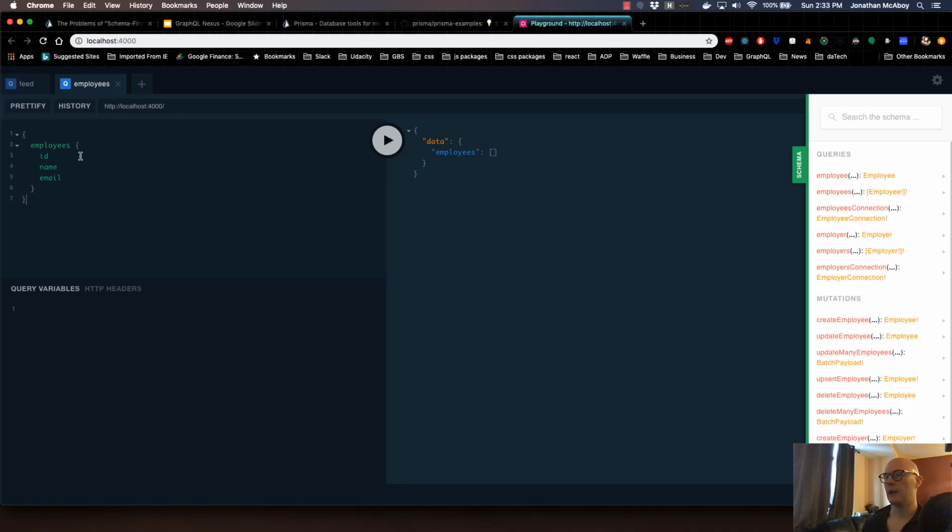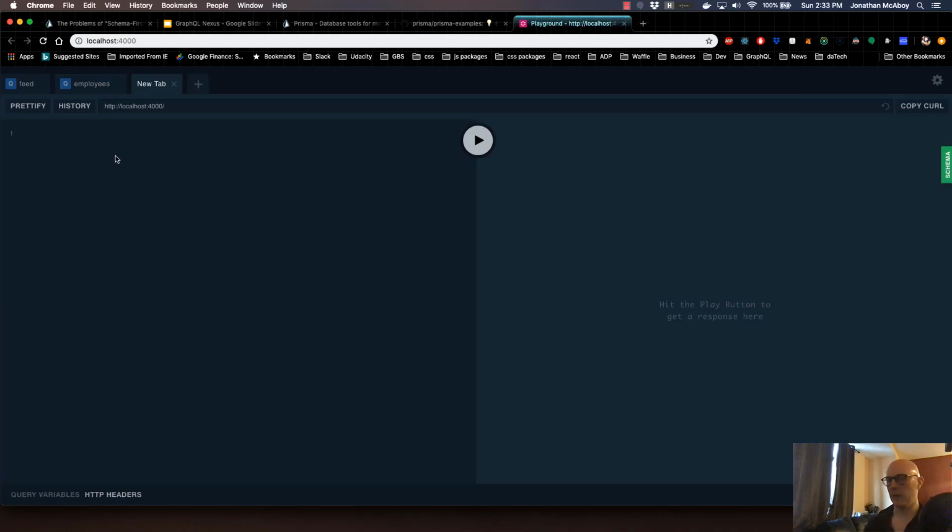And last time we did try to look at the employees, but it returned an empty array. So obviously we have to create an employer and some employees. So let's open up a new tab and let's do a mutation, and let's create it. Let's call it a create employer, and we're going to give it a parameter of $data, and this is going to take in